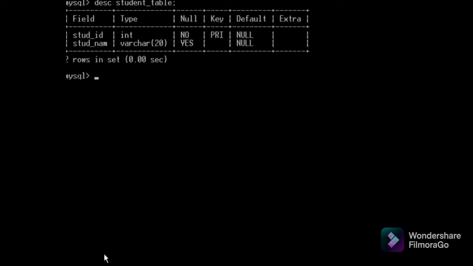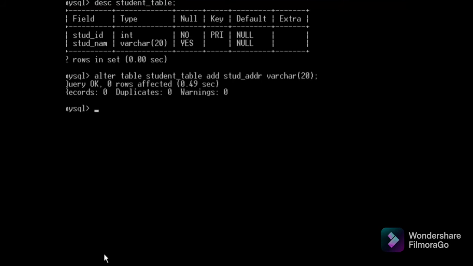So we have a statement called ALTER TABLE. The table name is student table. ALTER TABLE student table ADD. We have a keyword ADD, and you can give student address, again varchar of 20.